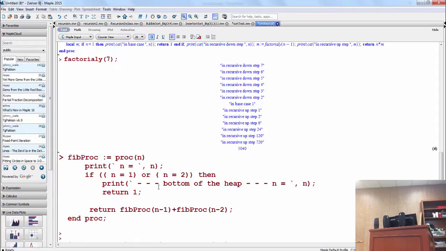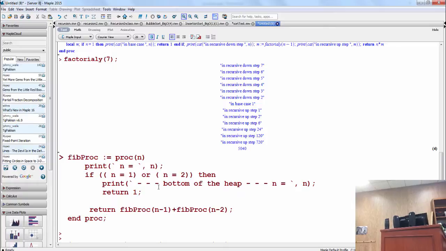What happens over here? This guy has to call the Fibonacci sequence with the return of 3 minus 1 plus 3 minus 2. And what does he return? These are our base cases. He returns a 2. And then what does that guy return?